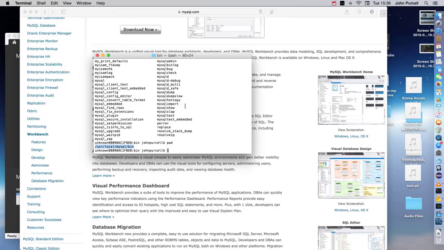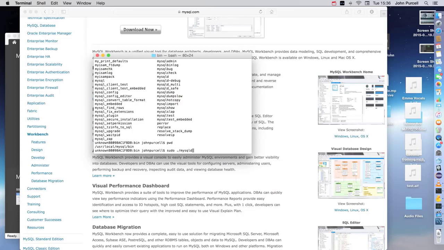Otherwise, you're going to have to change to this directory before you can run these. So let's try and run the MySQL server on the command line. To do that, on a Mac and probably on Windows, I have to use the sudo command to run this as admin. And again, this is not going to apply to Windows. Let's run